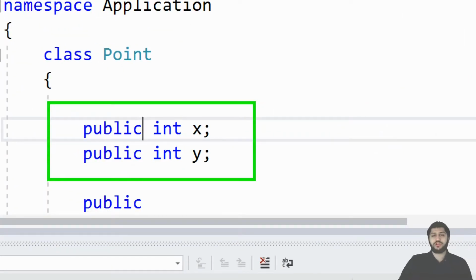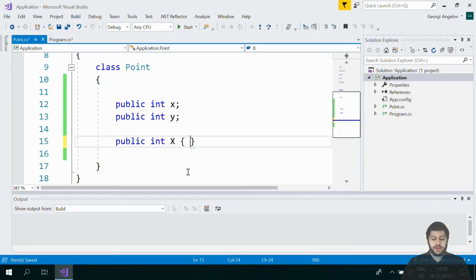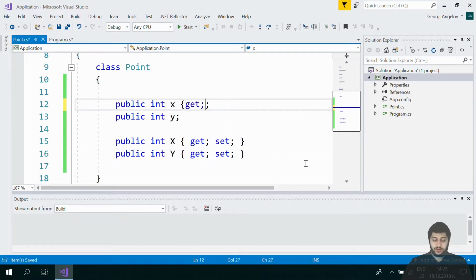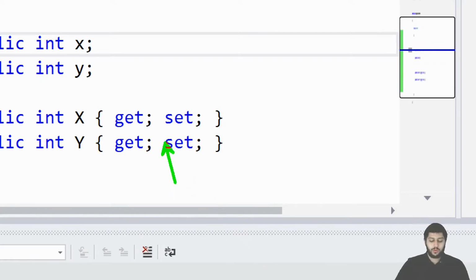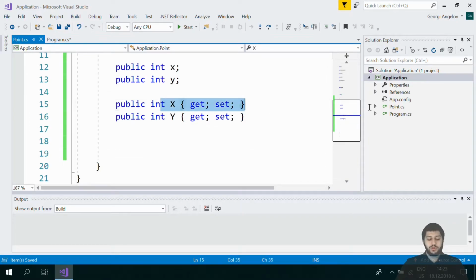This is pretty much not that different than saying public int x and giving it the get and set here, and I'll explain what this means in a moment, and saying public int y and saying get and set. You can do the same thing here. You can say get and set. It's one and the same thing. Now, why do we place the get and set keywords here? The reason is that having the get and set keywords,